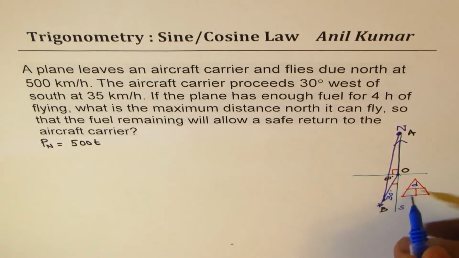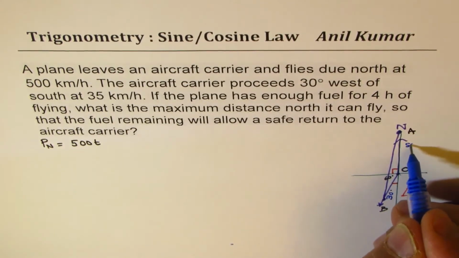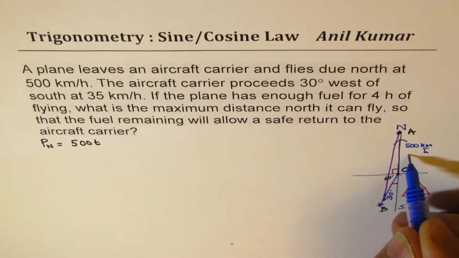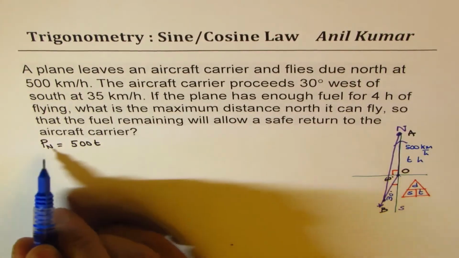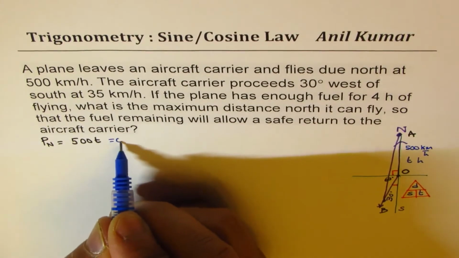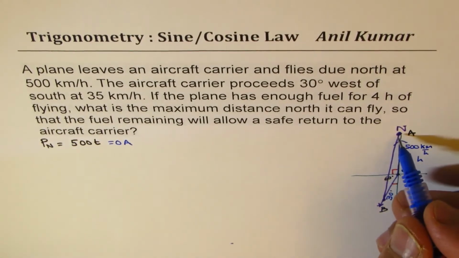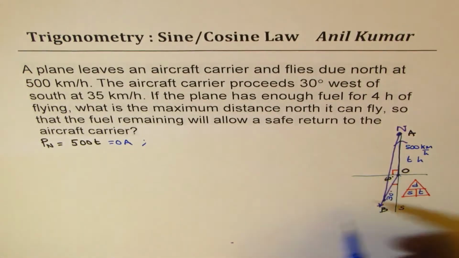We know distance is speed into time, correct? So the speed during this period is 500 kilometers per hour and time is T hours. So this is OA for us. Now the return for the plane, which is AB,